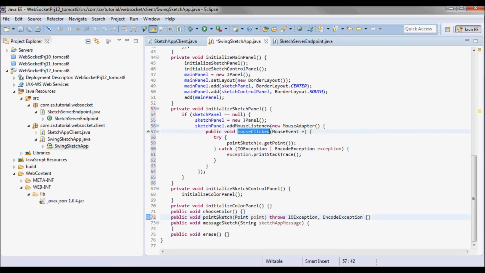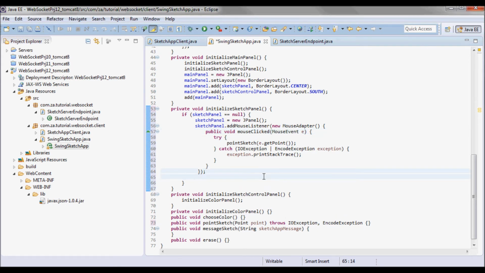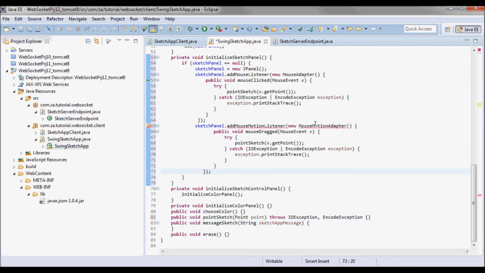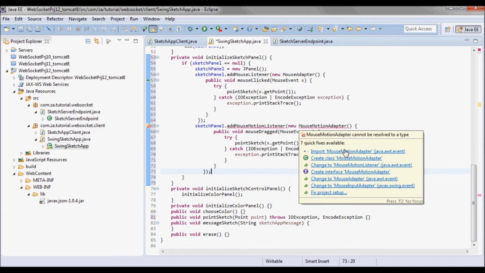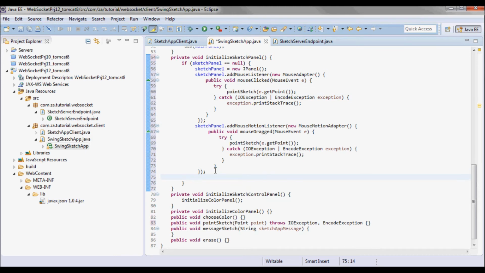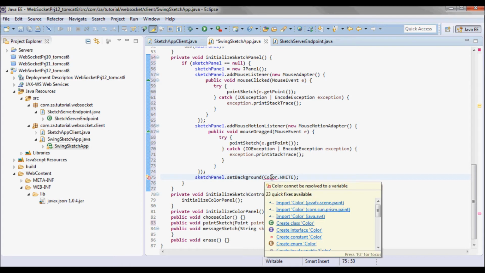So when the mouse is clicked, I'll do pointSketch, with e.getPoint from the mouse event. And I'll also do sketchPanel.addMouseMotionListener, and finally, as part of initializing it, I'll set the background for this sketch panel.